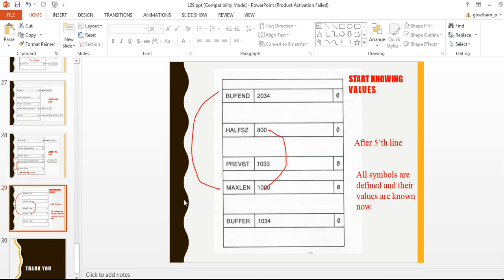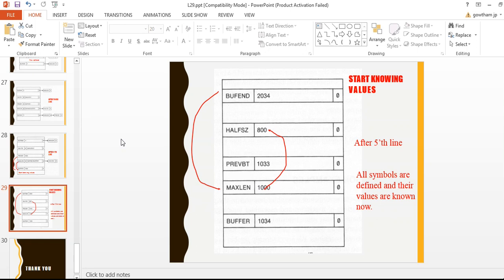Now after execution of the fifth line, the buffend location address is 2034, which is substituted into max length, buffend minus buffer, so the calculation gives 1000. Then half size is max length by 2, which is calculated. So all the symbols are defined and their values are calculated.